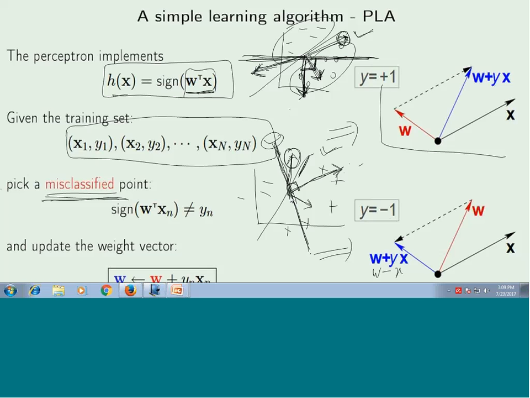Okay, so I will try to answer this question again. Divya is asking, will these not make some other points misclassified when the line is moved? Yeah, Divya, you're right. When the line is moved, this will misclassify some correctly classified points because the line is moved. But